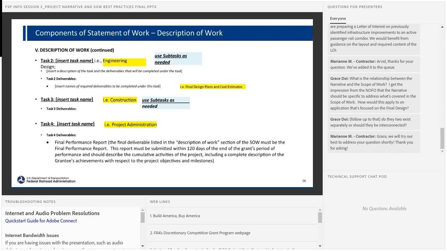Those will be, if your project is selected, refined as we move towards obligation. But we do want to know at the application, the work that's going to be done broken down by task. Please match it up to what's included in the project narrative. And sort of the general work that will be done under each task or subtask.